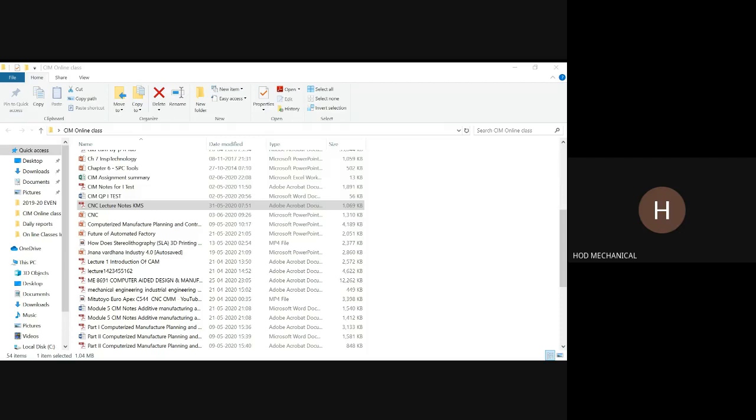The format of this is going to be N, G00, X, and Z. N is the sequence number. You are going to write some N05, G00, asking the tool to go rapidly to these coordinates. Simple. So what the machine control unit understands is that G00 is the rapid traverse. Then you have to say where to go. The tool will go to the X value and Z value. So this is the meaning of this.